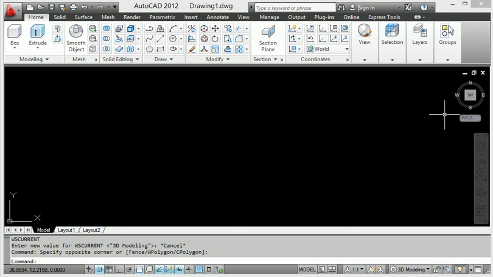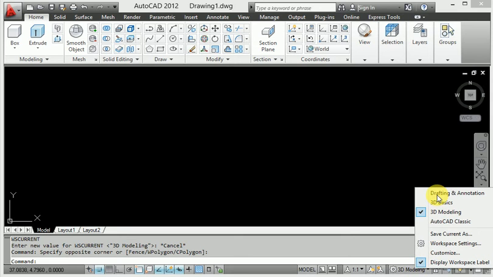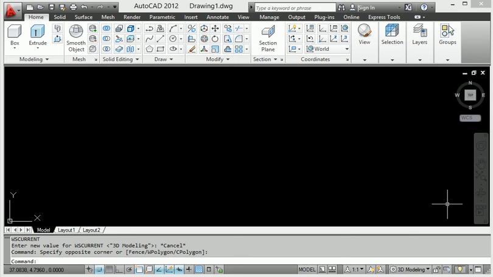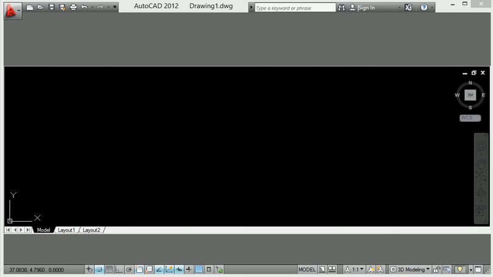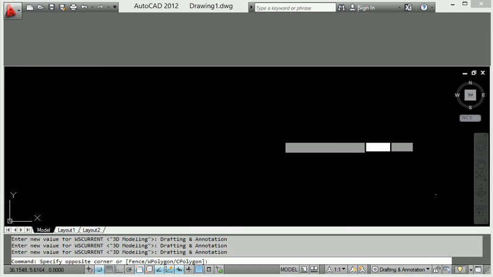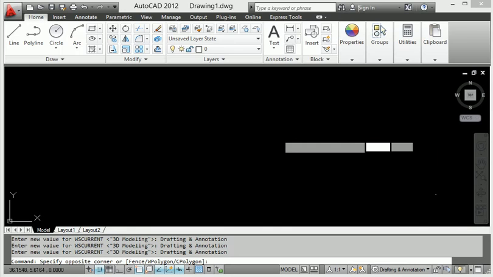The same thing is here when you do the 2D work. When you want to change again from this position, you click here and go to change to 2D drafting, so this changes back to 2D drafting work.